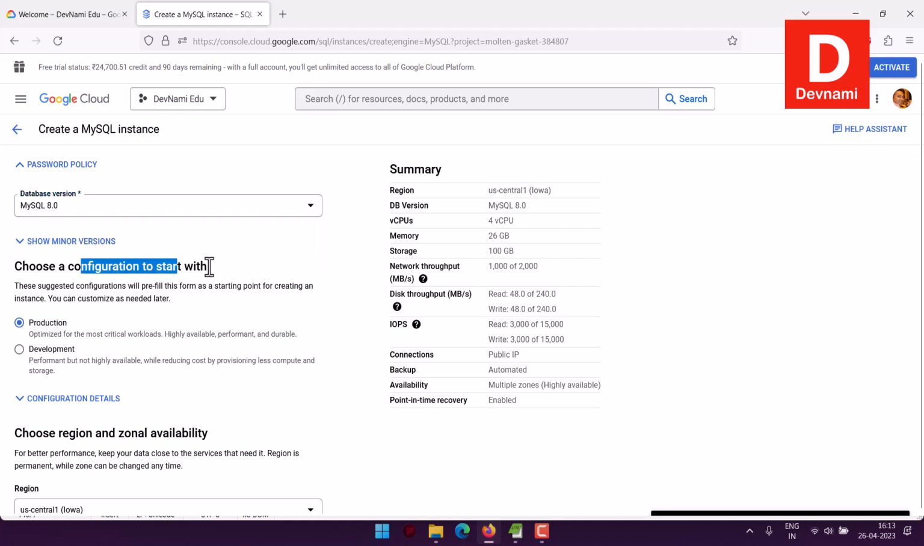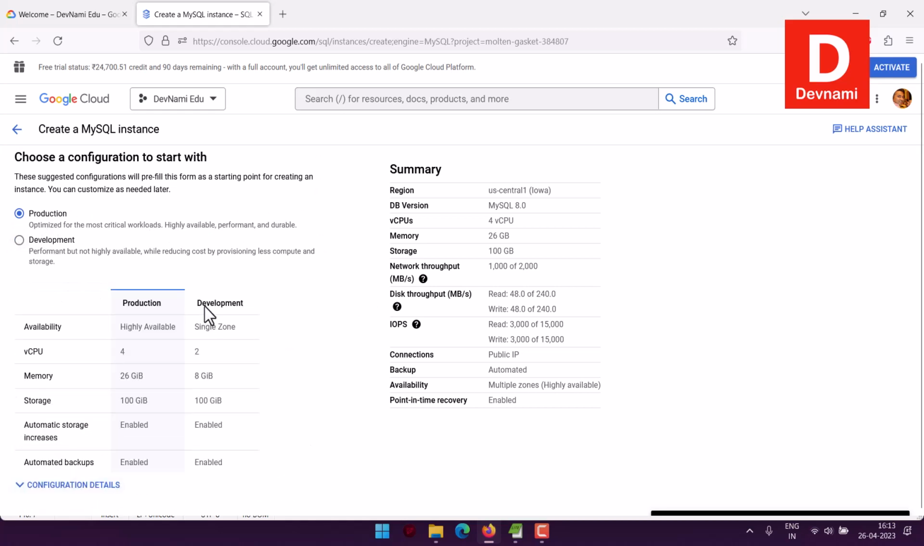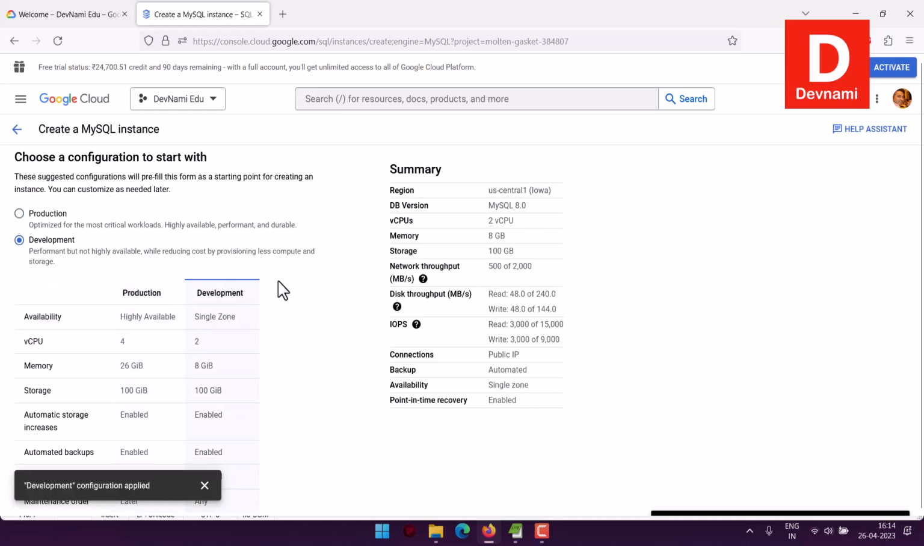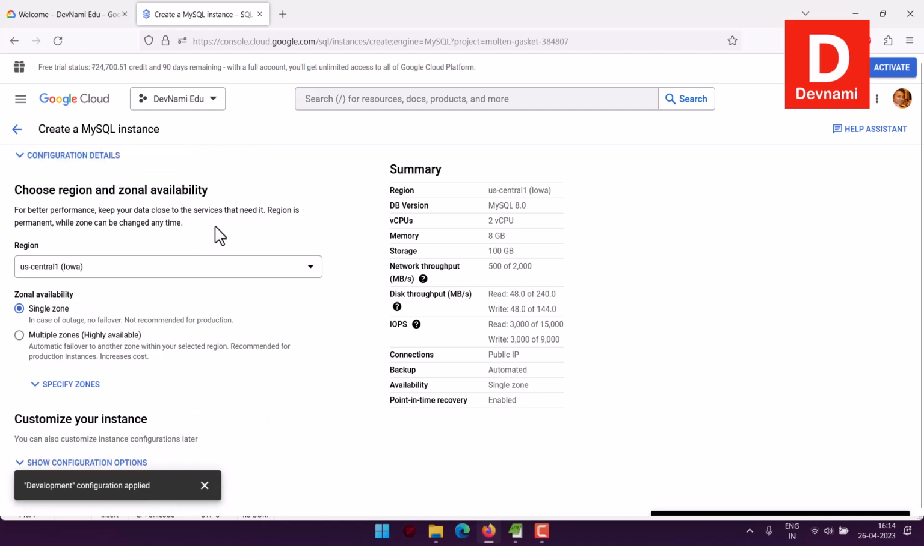Then choose the configuration to start with. Here you have production and development. You can compare the two, right? Here you can see production has 4, development has 2, so I will go with the minimum because this is a test machine. Then you choose region and zone because you want to host your database in the exact region